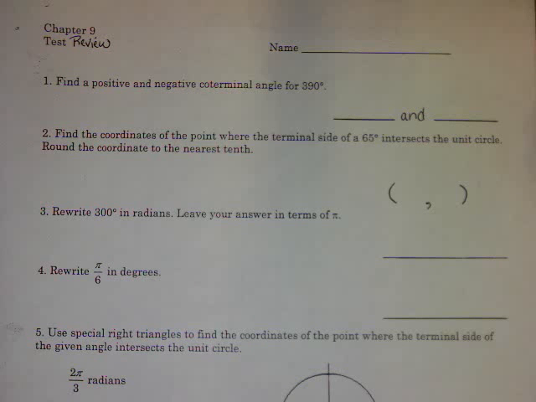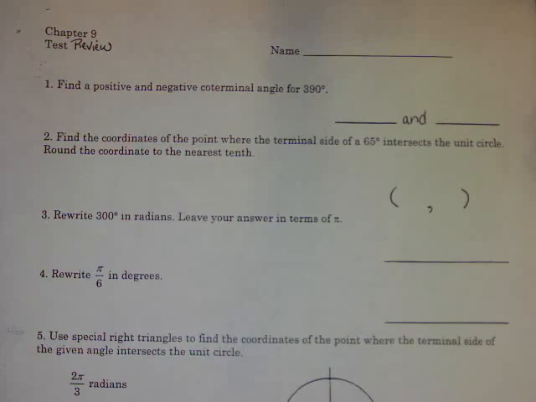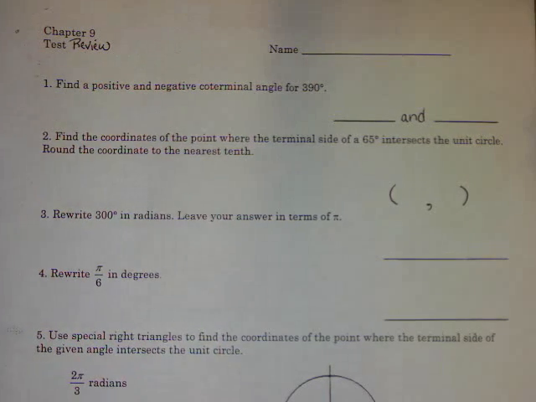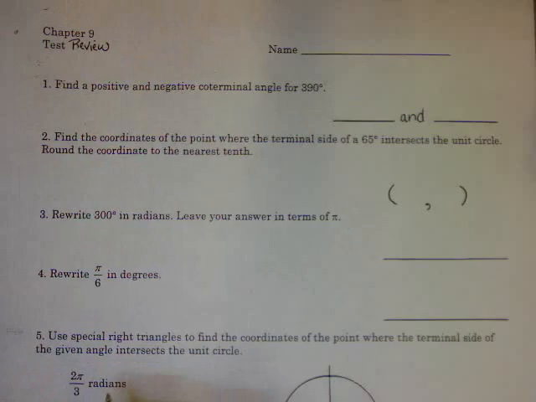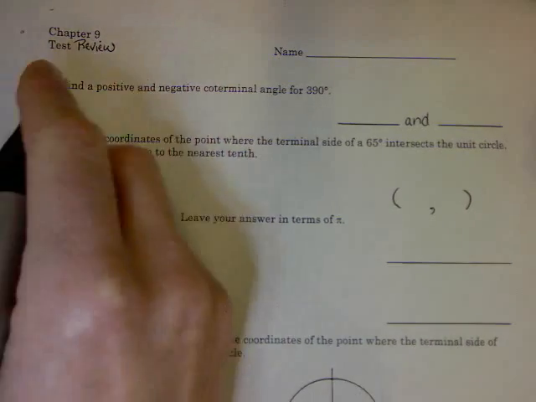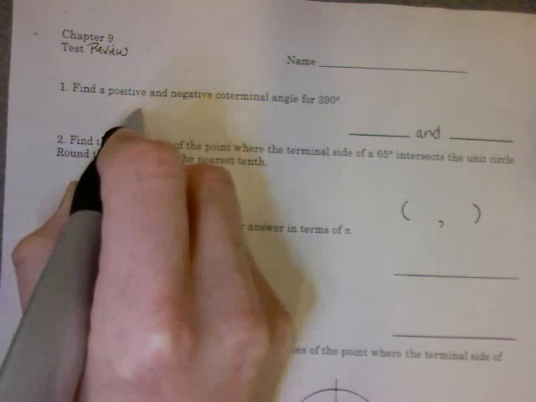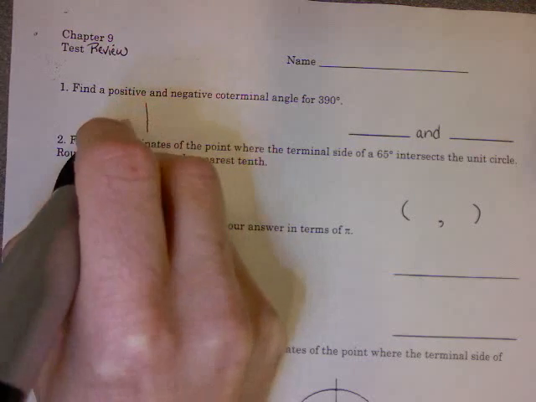Okay, this is the review guide answer sheet for trigonometry. In the first question it says find a positive and negative coterminal angle for 390 degrees. Well, what that means is if you draw an angle